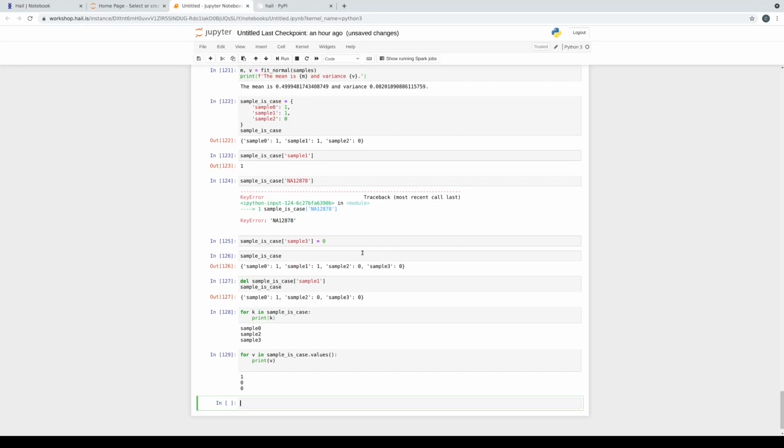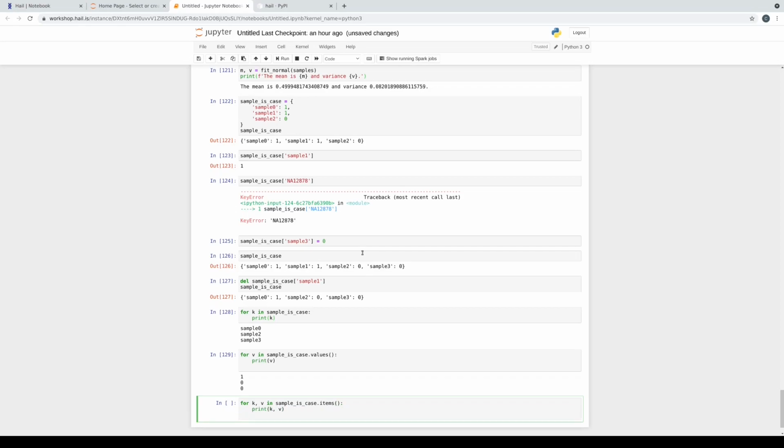And finally, you might want to iterate through both the keys and the values. And Python calls those, I call those the entries. You can also call them the items. So we're going to say for key, value in sample_is_case.items, print k comma v.